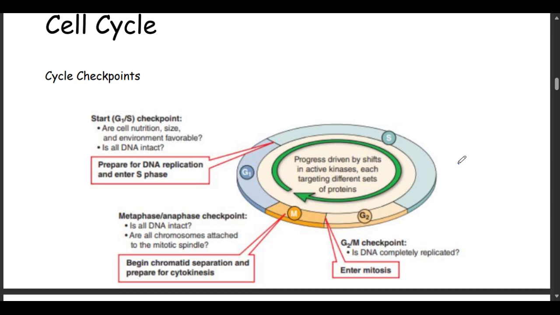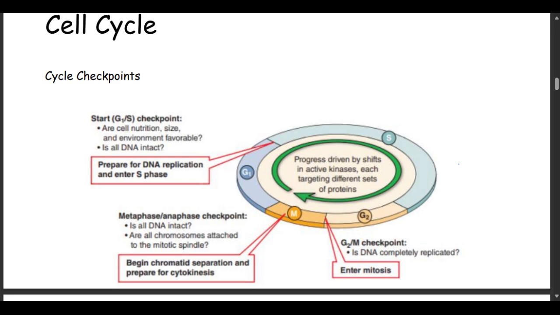All right, so I was saying that we're going to check, and if we find that the DNA is not in good condition, that cell is going to undergo apoptosis or programmed cell death. But if it is intact, the cell is going to continue on to the replication S phase. And then there's also another checkpoint that is